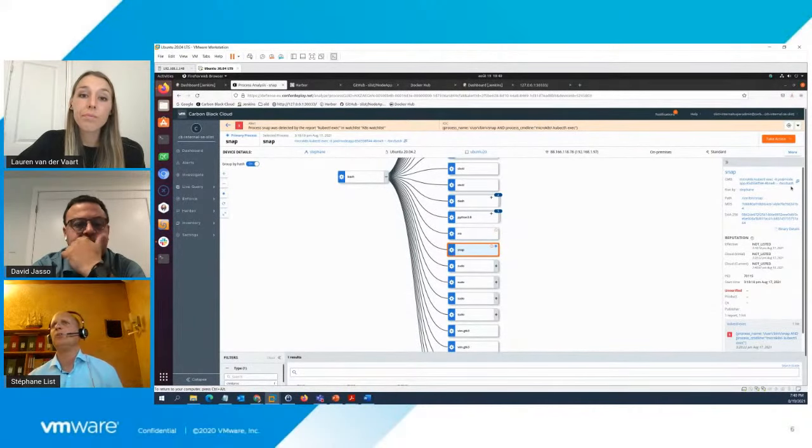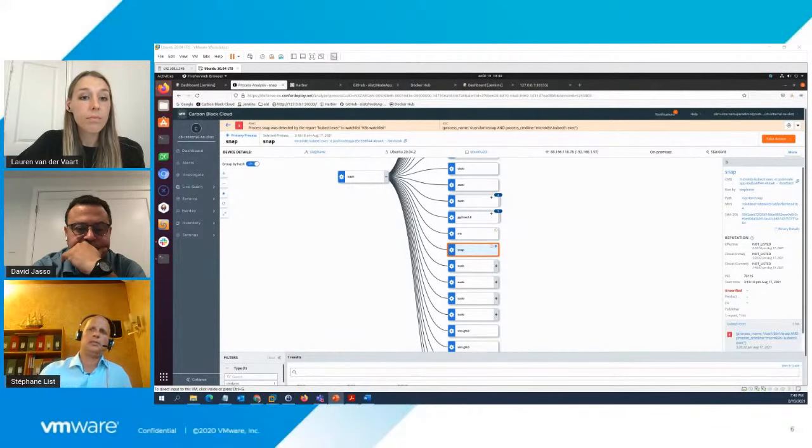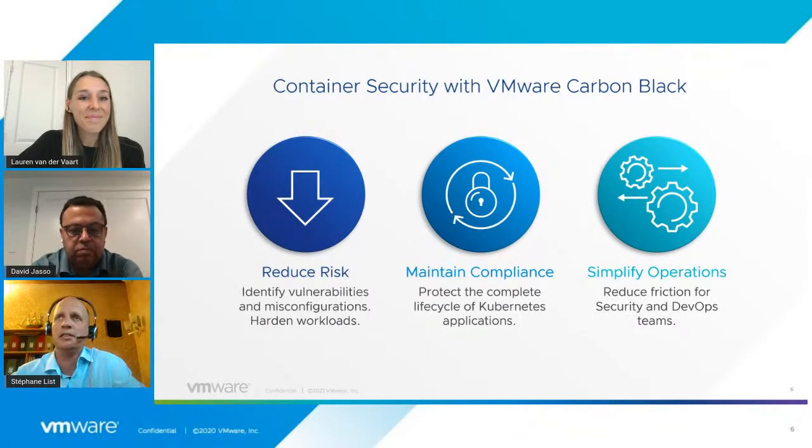So I really have all the context, in the container and outside the container. We have a complete visibility of what is running in my containers.